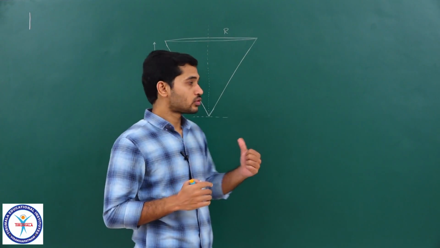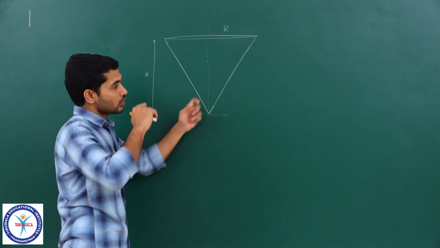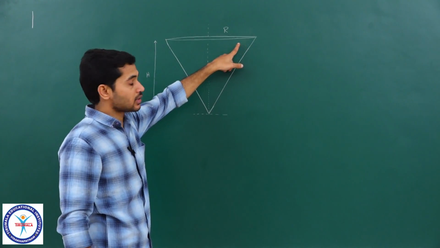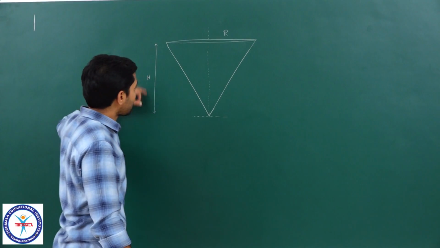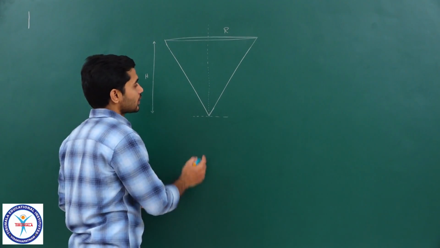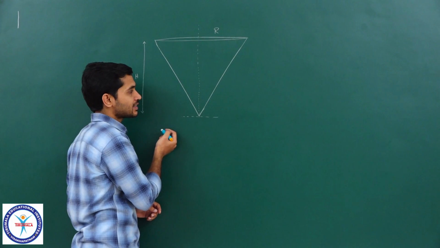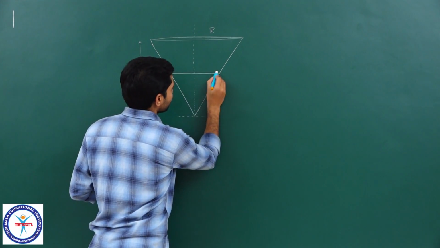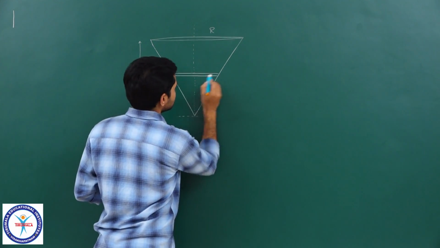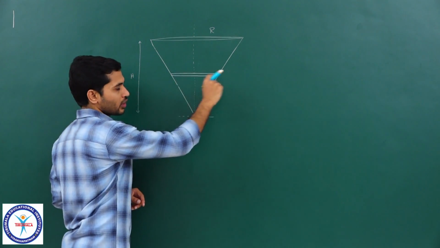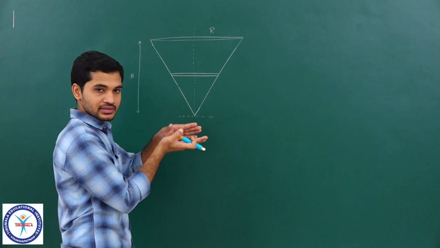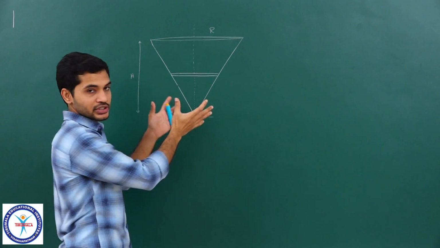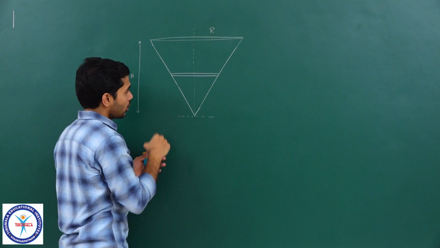So students, let us see how to do that. Here we have the cone, the radius of the circular base is r and the height is h, right. For finding the volume, like I told you, I will be considering a thin disc. Let us say I am taking that thin disc somewhere over here. Although I am drawing it as two lines, you can easily visualize that that is a disc, right. This is a three-dimensional structure.